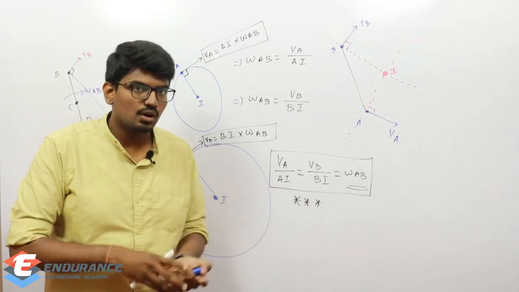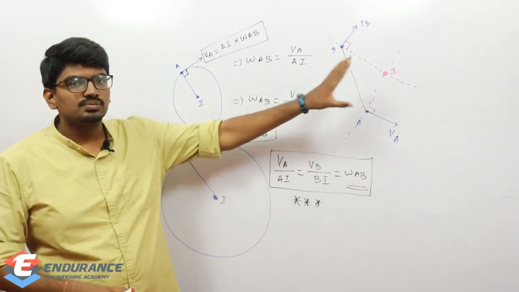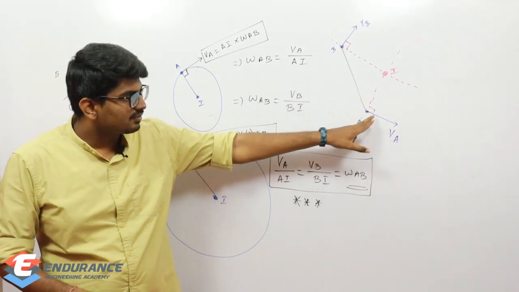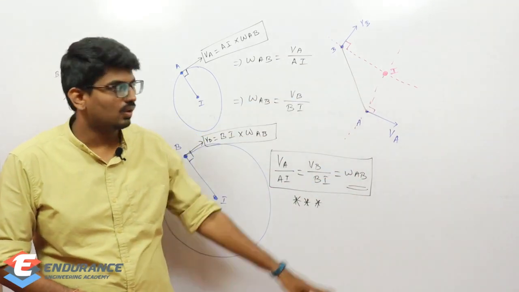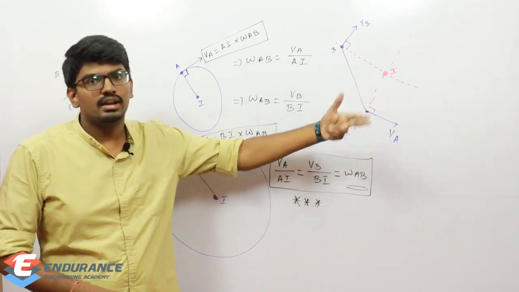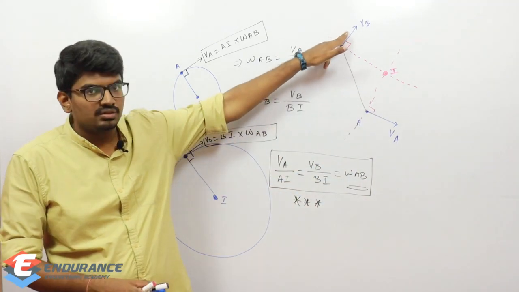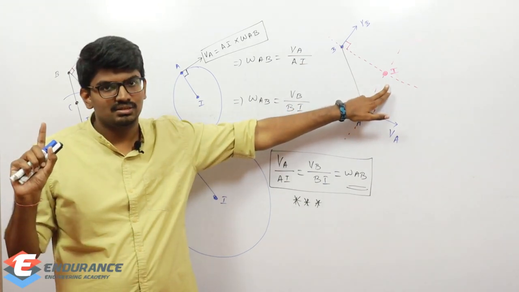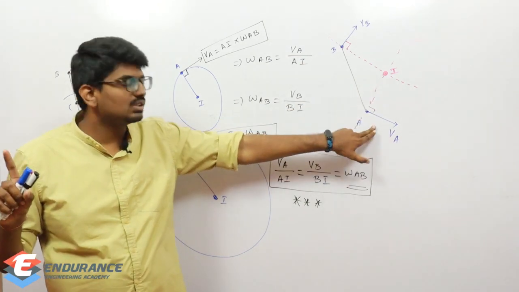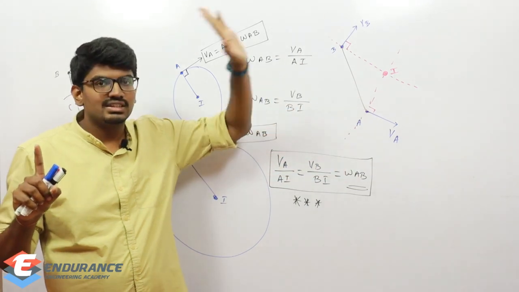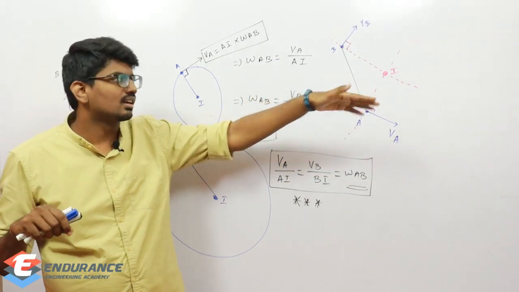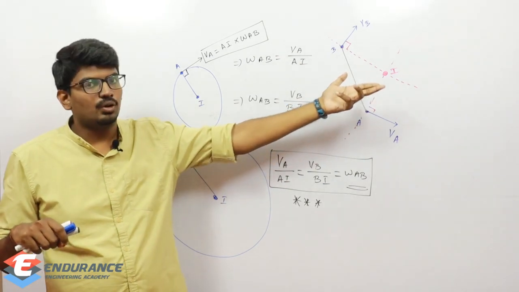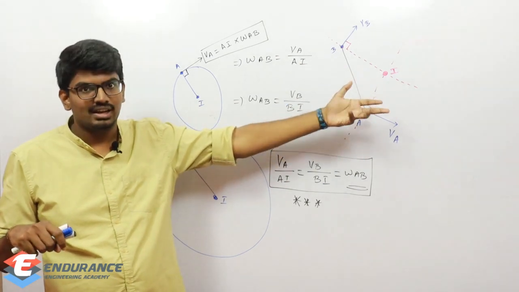So very simple. How will you find it? If they give you the velocity directions, simply draw a perpendicular line to this velocity, and also draw a perpendicular line to that velocity. Wherever they intersect, that is your instantaneous center. Draw perpendiculars to the velocity vectors. Wherever they intersect, that is your instantaneous center. You might have learned this already when doing some problems before, if you have learned engineering mechanics,